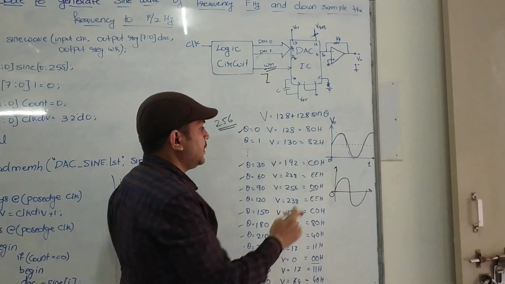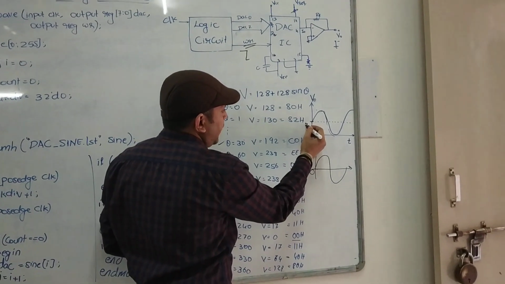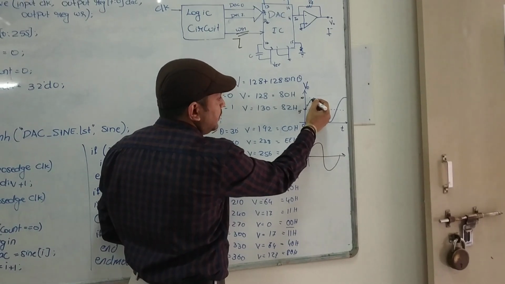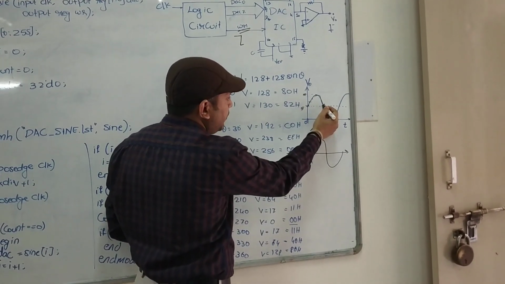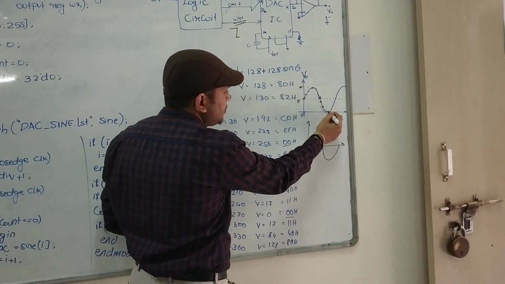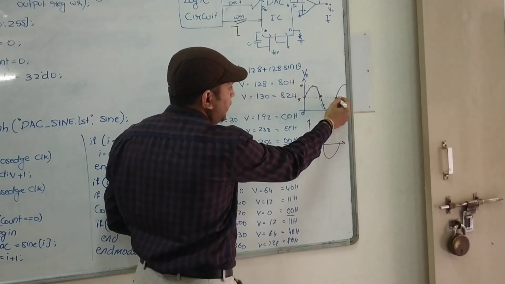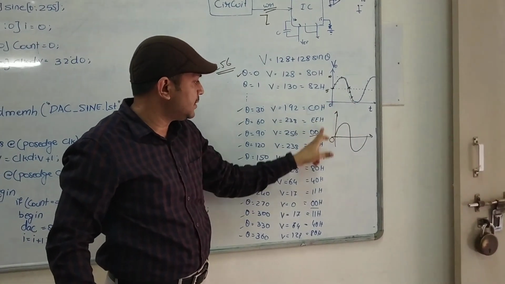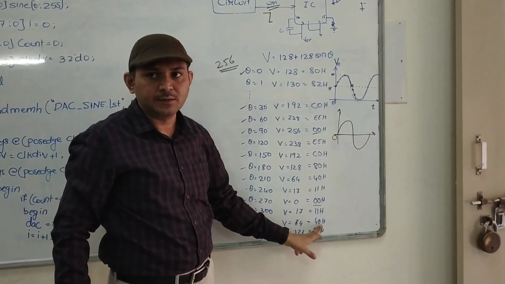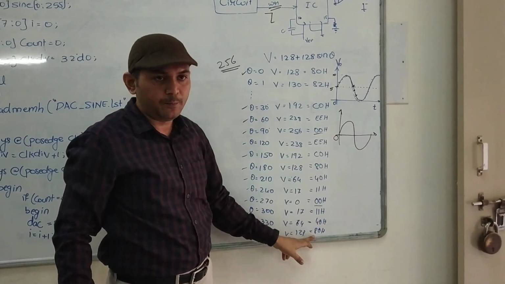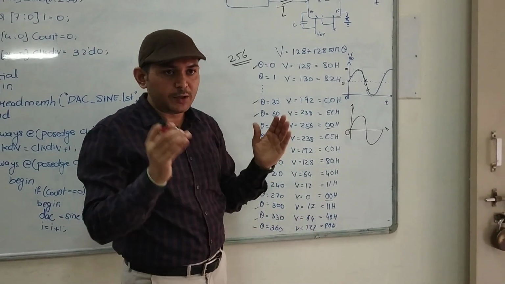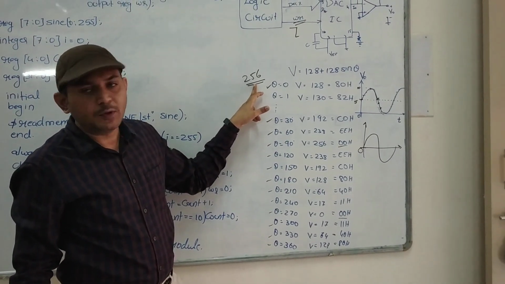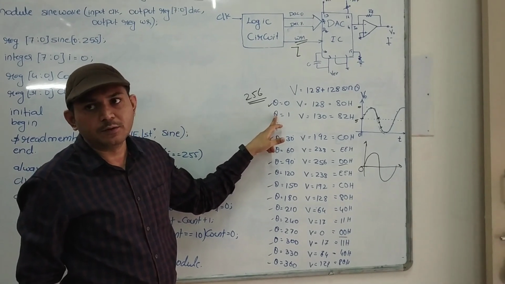See, it's like this analog output. Here it might be 5, here it might be 10, and in between the values are 6, 7, 8, 9. Again it will come to 5, then 4, 3, 2, 1, 0, and then 1, 2, 3, 4, 5, 6, 7, 8, like that. Those are the values I just showed in the example, but these are the values which we are actually sending. I have written only a few, for every 30 degrees. If you want closer values, an exact sine wave, then you have to decrease the interval at which you are taking this theta value.